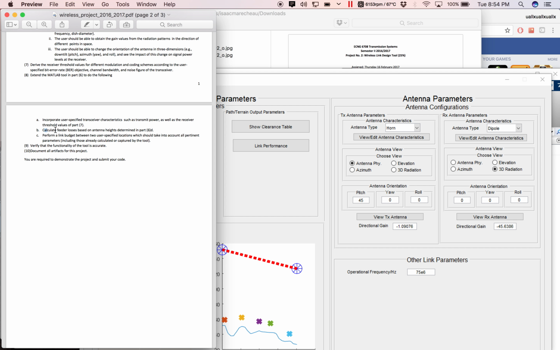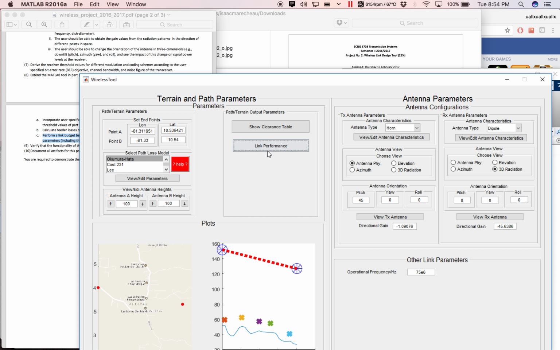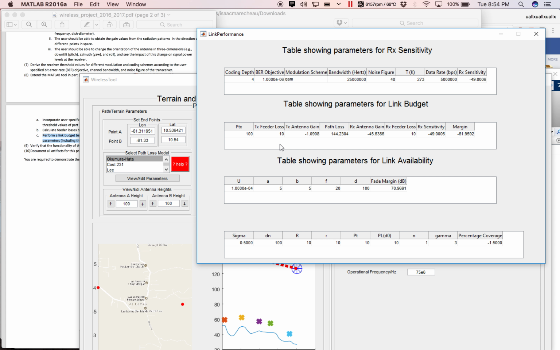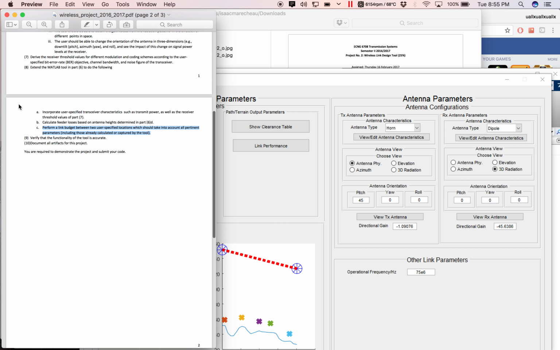The feeder loss, this 8B, has not been implemented, but the link budget 8C has been implemented. If you go here, we can see our link budget is calculated for us. The antenna gains and the path loss are input automatically. We must specify the feeder losses as well as the transmit power, and our receiver sensitivity will be derived from up here, and we get our link margin or system margin calculated for us. And that concludes